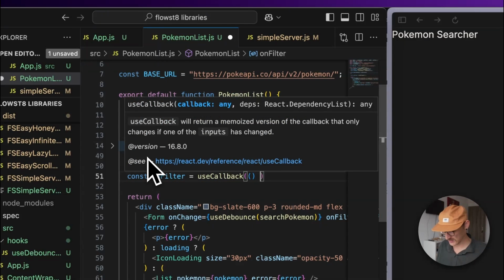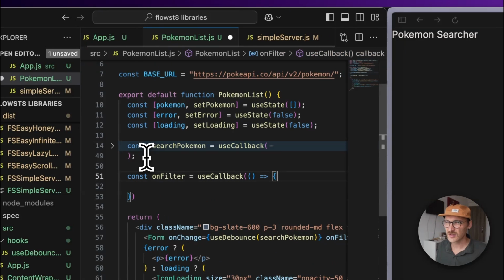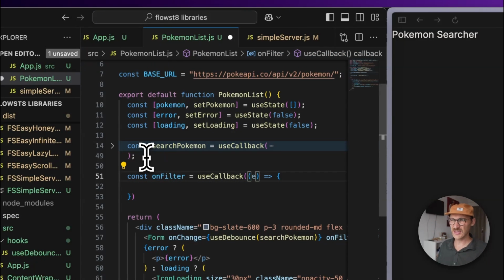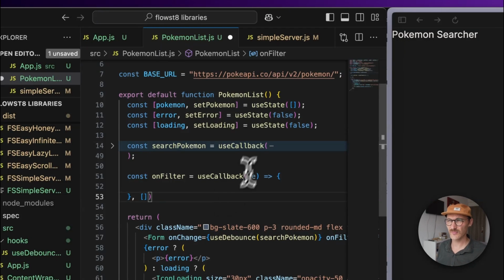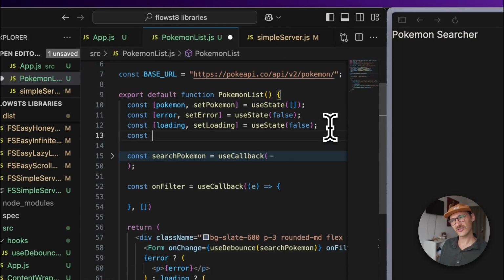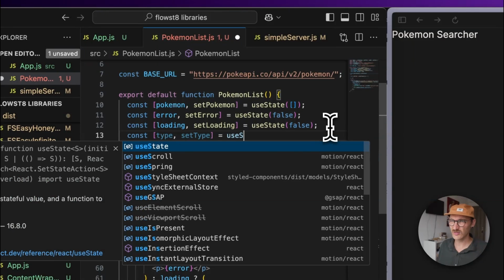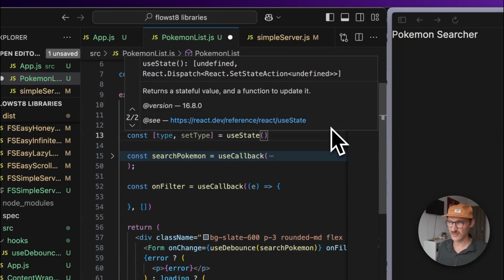And then we pass it a function which will accept E, and then we will probably const type, set type, use state. So type is probably going to be